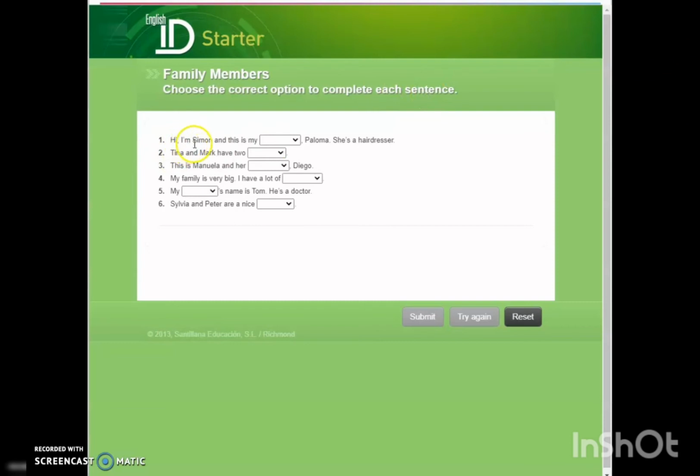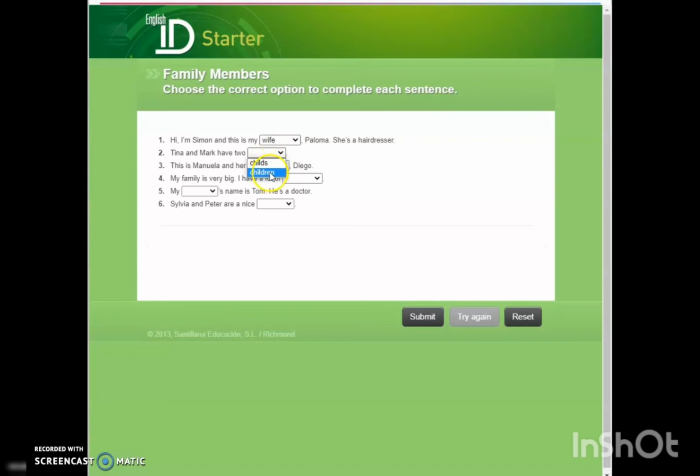Number 1, hi, I'm Simon, and this is my, what do you think, wife or husband? Be careful with the subject. Here you are gonna choose wife. Hi, I'm Simon, and this is my wife, Paloma. She's a hairdresser. Then number 2, Tina and Mark have 2